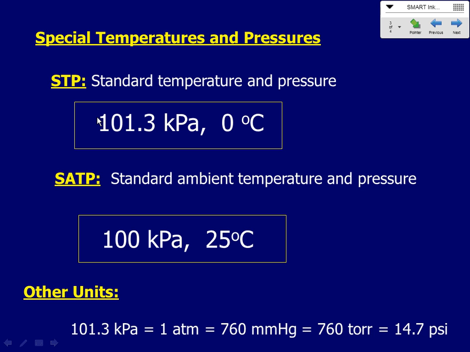So we now consider this measurement of millimeters of mercury, 760 millimeters of mercury, 760 would be 76 centimeters, I guess it's that long, as being an important pressure unit. We also call it torr because Torricelli was the one who invented that, okay?